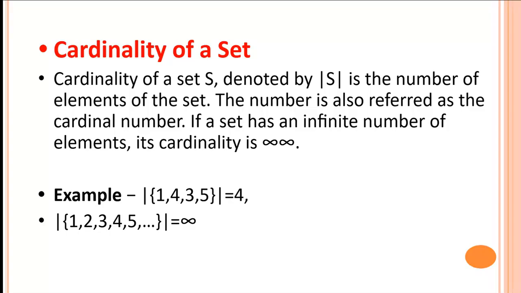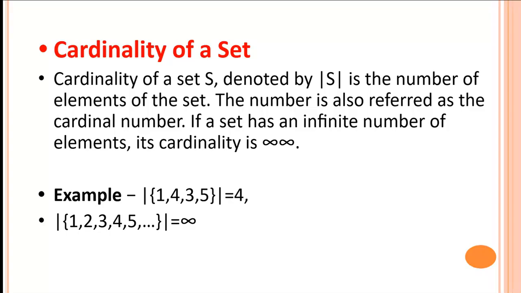Now we can calculate the cardinality of a set. The cardinality of a set S, denoted by |S|, is the number of elements of that particular set. We count the elements present in the set, which gives us the cardinality. For example, one set has four elements: 1, 4, 3, 5.